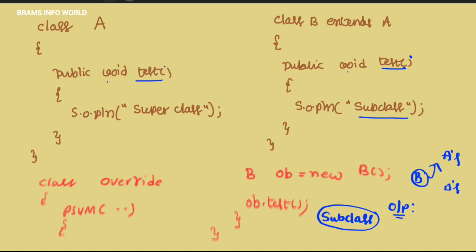Okay, so this is one type of concept which is going to be useful in further stages. That's why we have to understand what method overriding is, and it is one type of technique in polymorphism. I hope you understand what method overriding is: the same method in the superclass as well as the subclass, with the same data type and the same arguments.